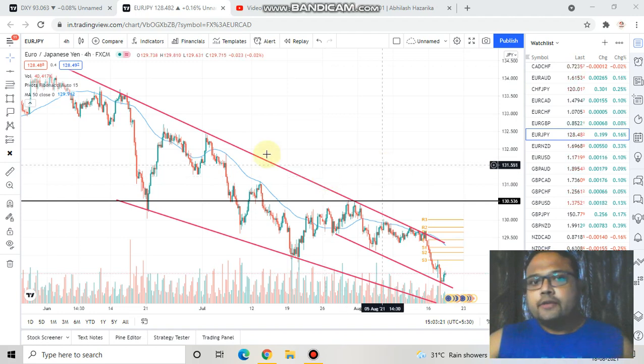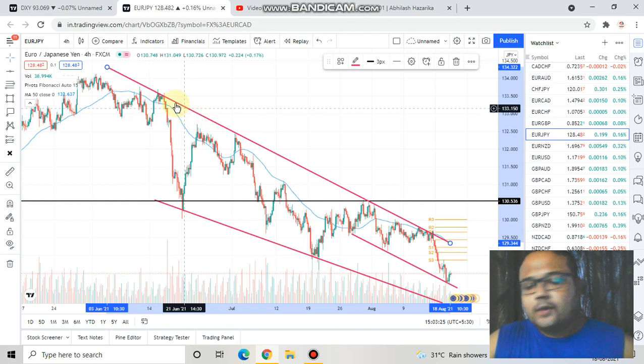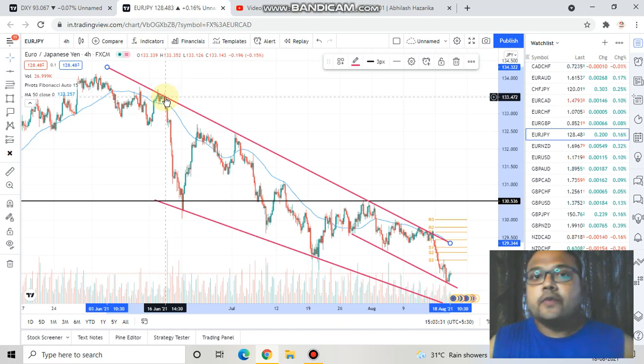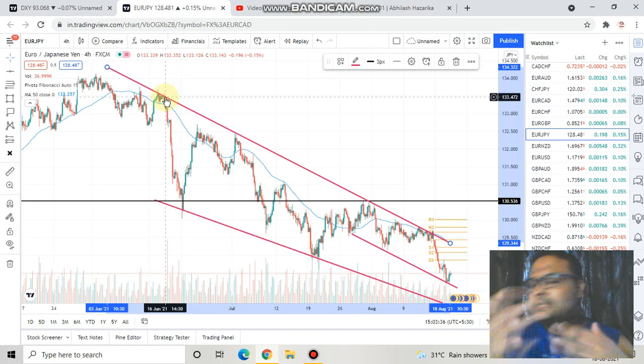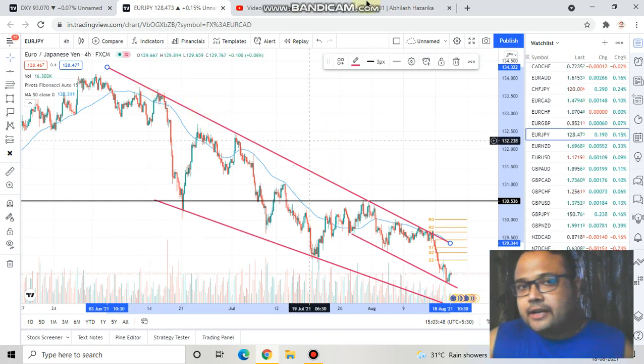If you look at the chart here, you can see that whenever the market was trying to go up, it was facing resistance, and this trend line was acting as a strong resistance for the market. Generally, dynamic resistance lines like this do not act as very strong ones. But this trend line is a very strong resistance for the market. So you must draw this trend line on your charting platform,